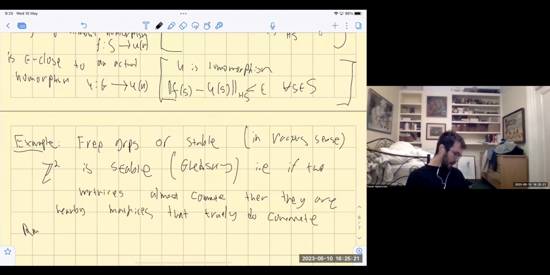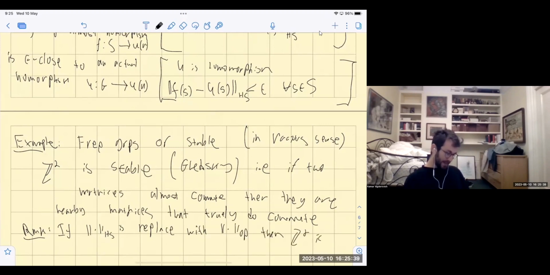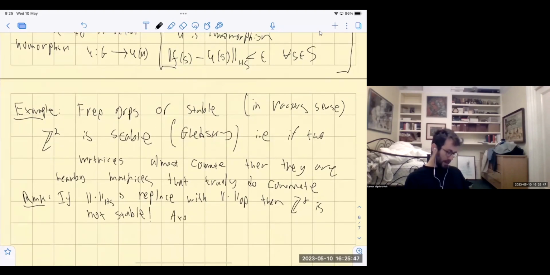And maybe a remark: if the Hilbert-Schmidt norm is replaced with the operator norm on matrices, then Z^2 is not stable. And this is a beautiful result by Exel and Loring. And there's a very nice winding number argument